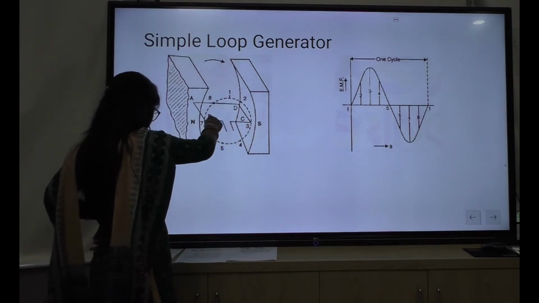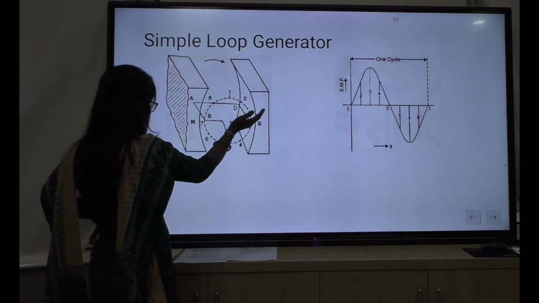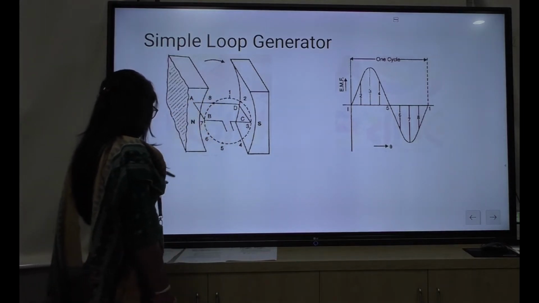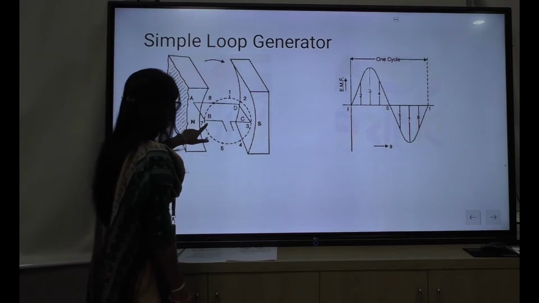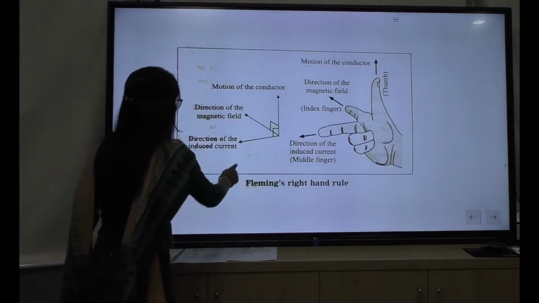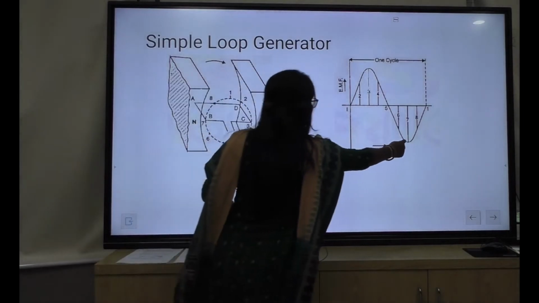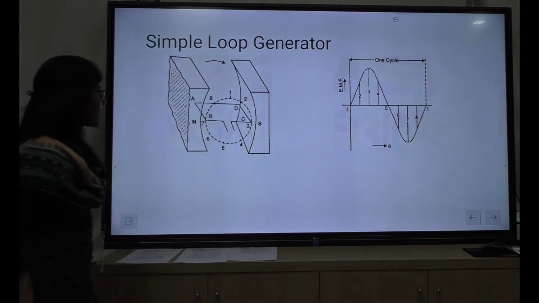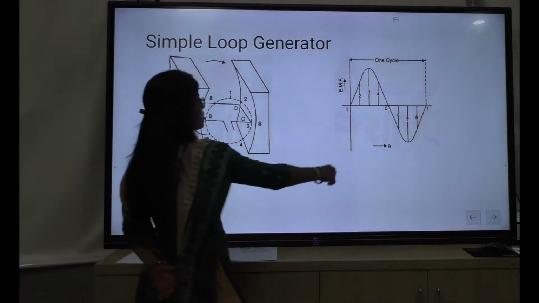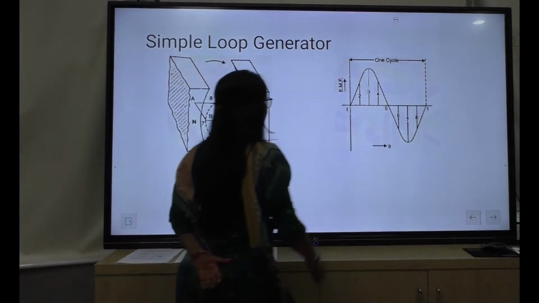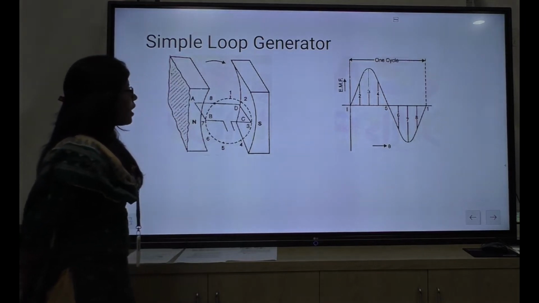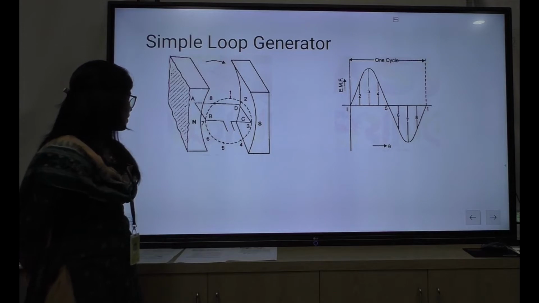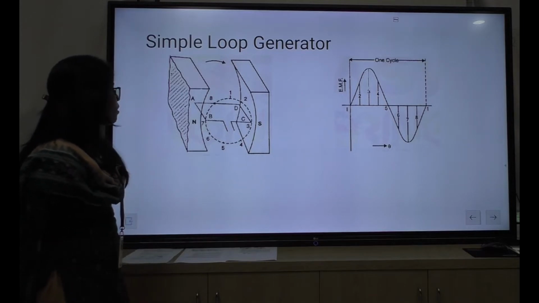At point 6 the coil side moves under opposite polarity. So, in that case the EMF is maximum in the reverse direction at point 7. So, this is for negative half cycle and 1 to 5 is for positive half cycle. So, this cycle repeats for each revolution of the coil.